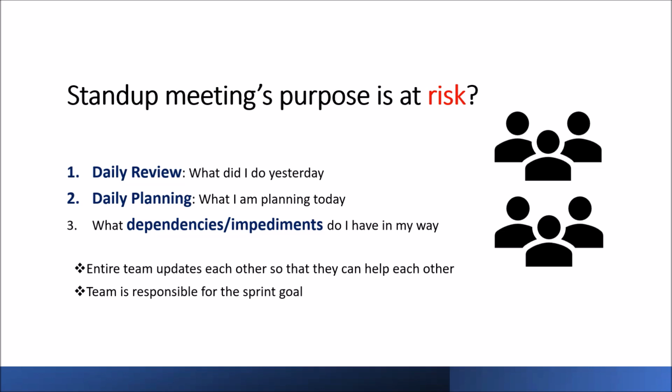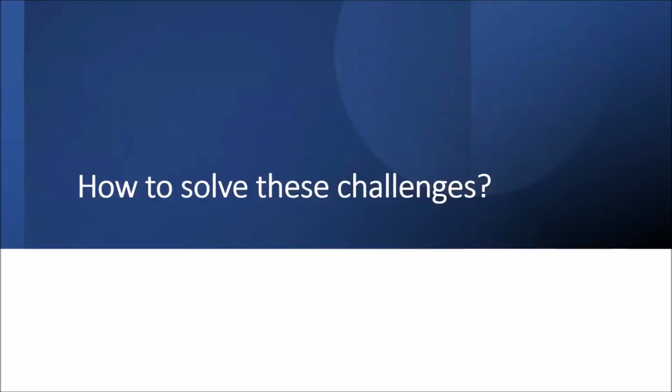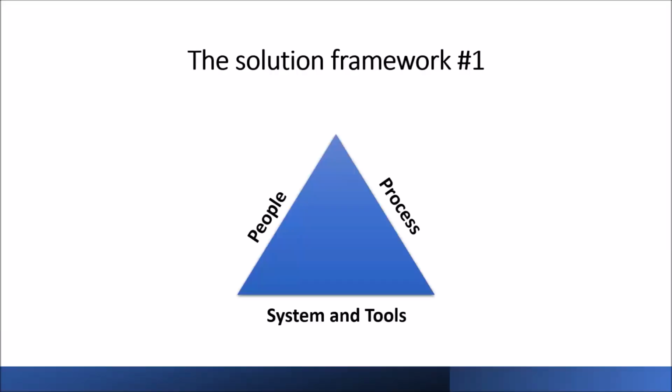And slowly, when your daily review and planning doesn't happen properly, you end up losing your sprint goals. On the last 2 days of sprint, you will see people turning red, and there is a spillover of stories. All those things will happen. From governance perspective, the stand-up meeting couldn't do its purpose because of the challenges that we have listed here. And there can be more challenges as well. Now, the question is, how do we solve these challenges? That's the question. Okay. Now, see, friends, I want to let you know an interesting framework.